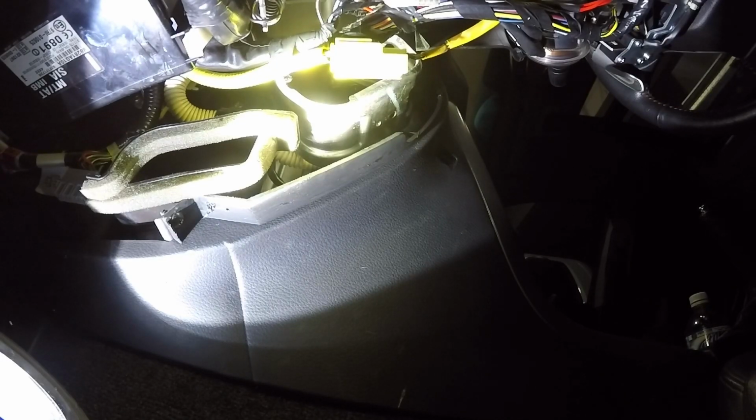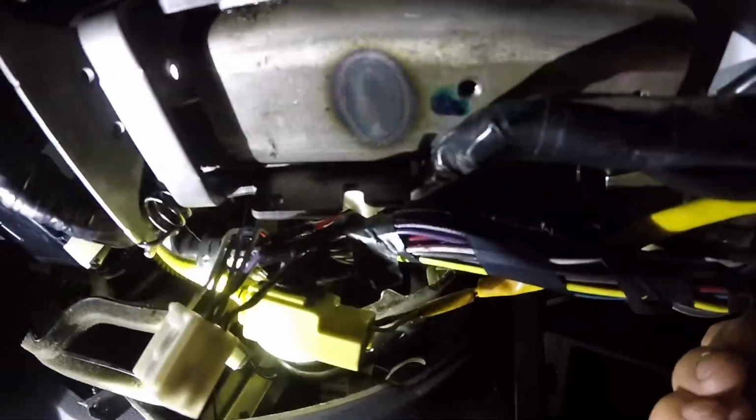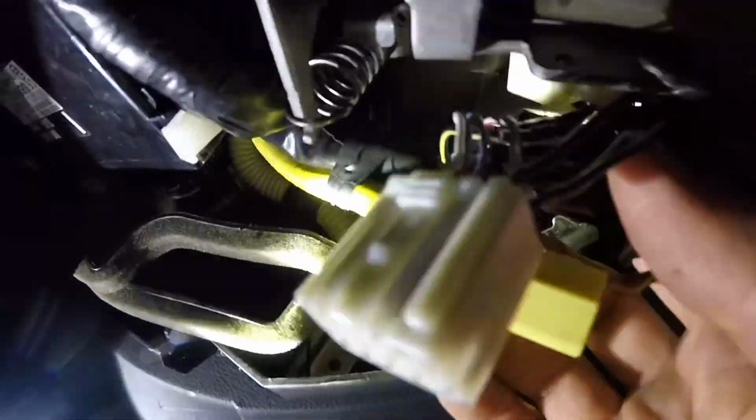to back here, and I will drop the kick panel and be right back. Okay, and I'm back. So right here is your 2005-2007 style B68 connector. There's 3 wires that I had to cut in order to splice these 3 red wires that I kind of made into a harness, and I brought them all the way down, and of course I taped them up, but here's where they end. I know you can't really see it very well, but there's 3 wires right here, and they're tapped into